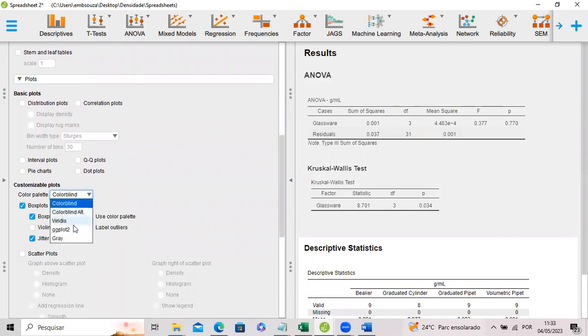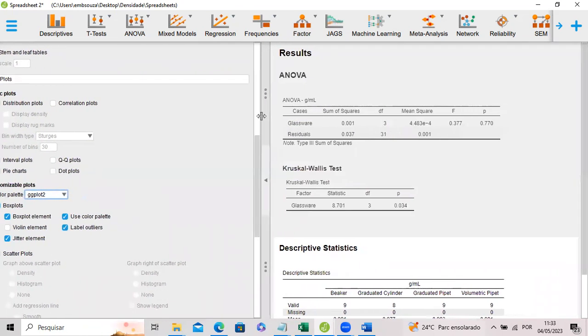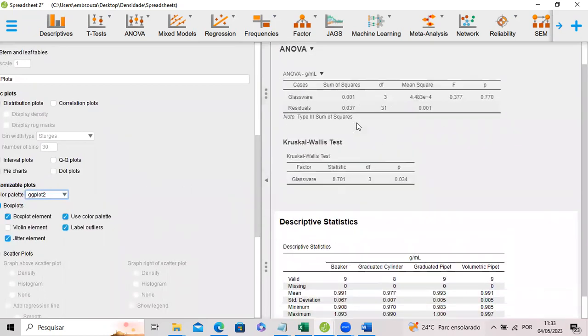I like this ggplot color palette. This palette provided box plots with good colors, easy for interpretation. Now JASP